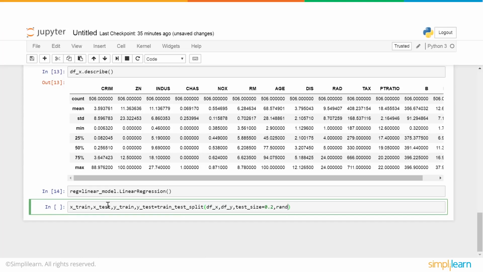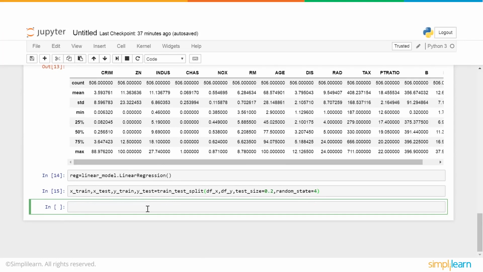Random state is needed when we are to run and validate our model multiple times. So in this case we put it equal to 4. Now what we do is we fit the data set into the regression function. So the code is